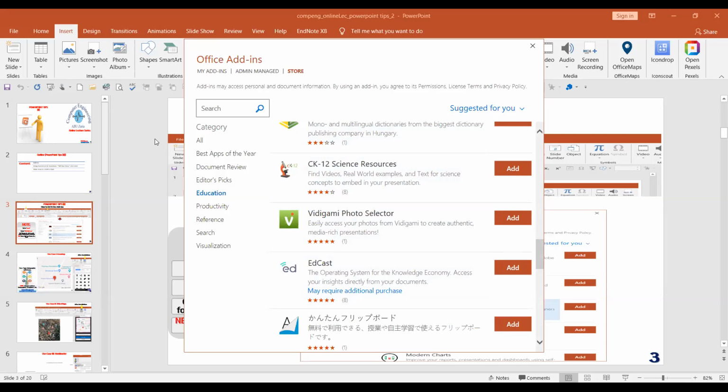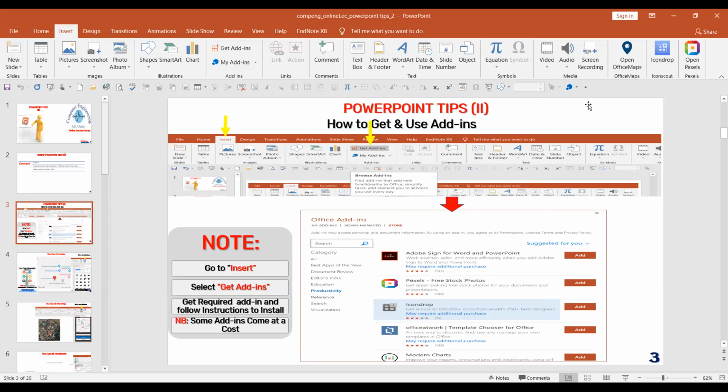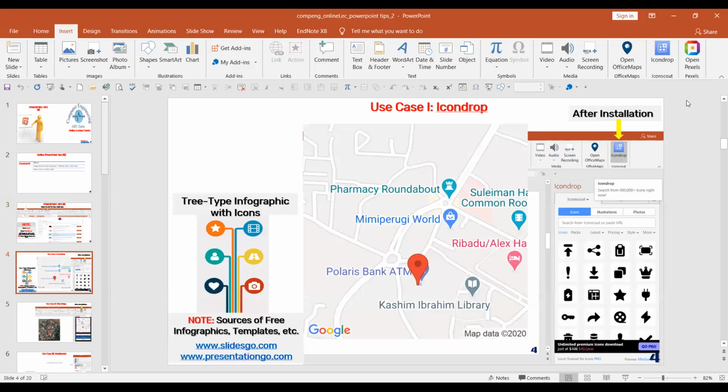Some will require us to register, some will just install straight away. So for me, I've been able to add about 4 or 5 tools. For example, we have the office maps, we have icon drop, we have open pixel, we even have Mentimeter and some of those other things. So we'll see, like I said,